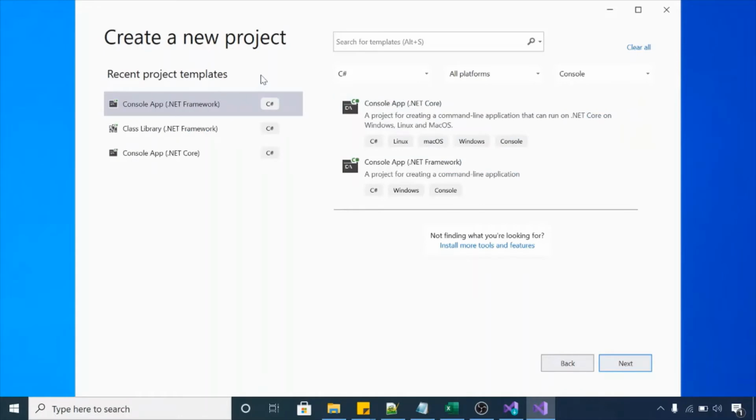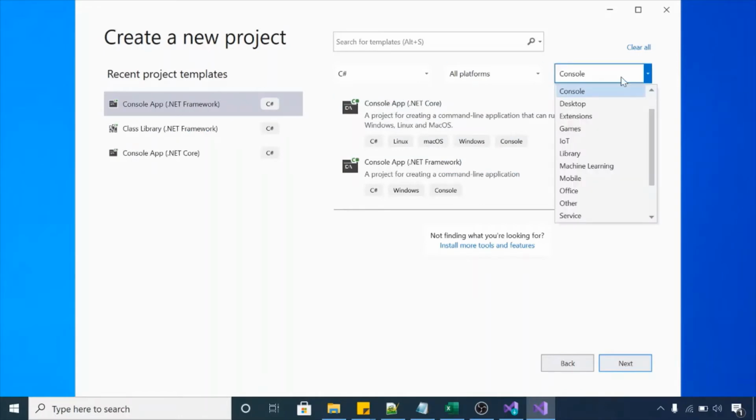So it will give you various options here. If you want to develop some console application, you can select console here, or you can select desktop, or if you want to do some game development, you can click on games, and if you want to create some mobile application, you can select mobile. Okay, so I'm going to show you a demo of a console application. You can click on console.